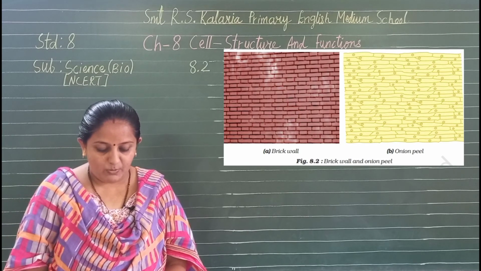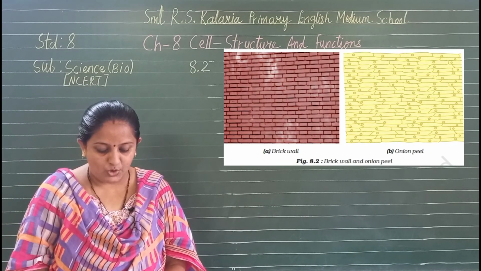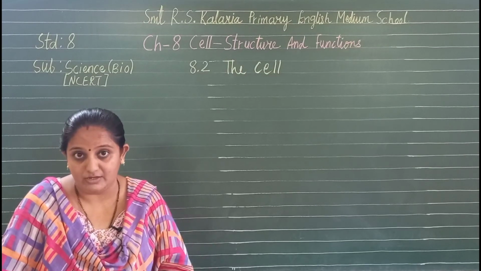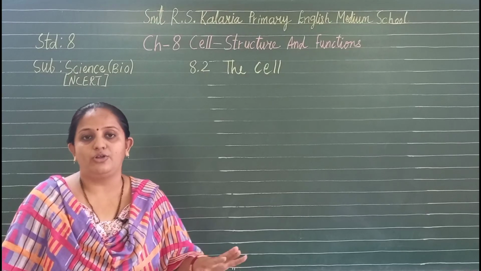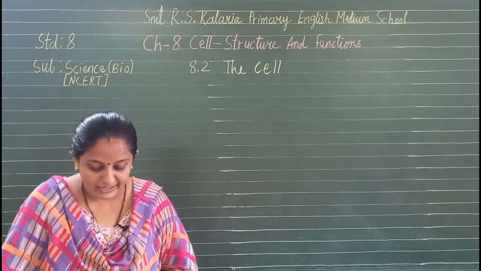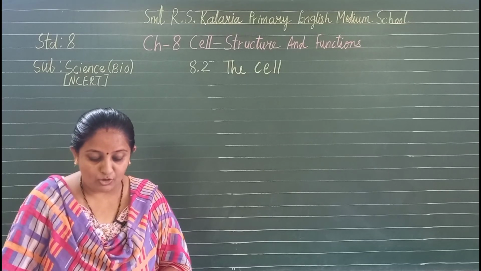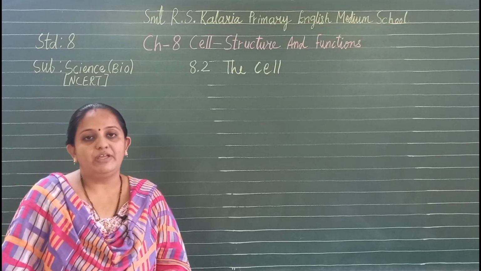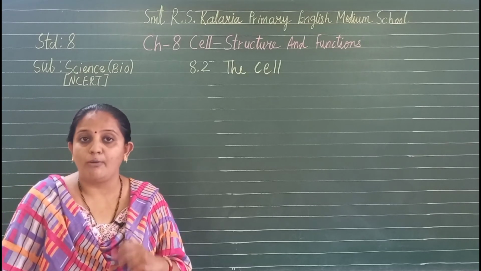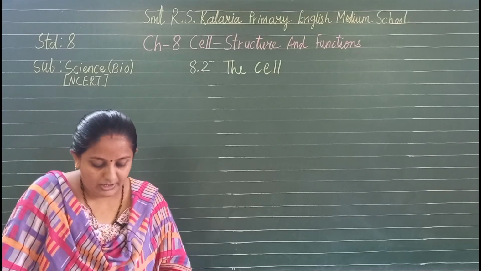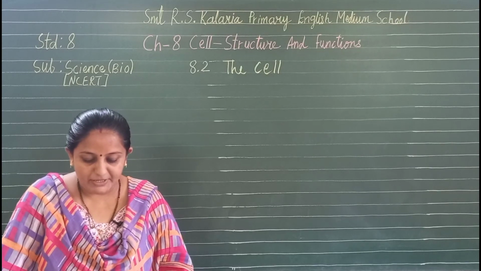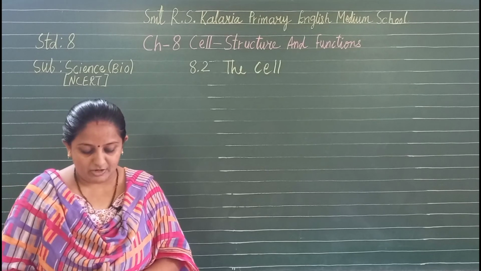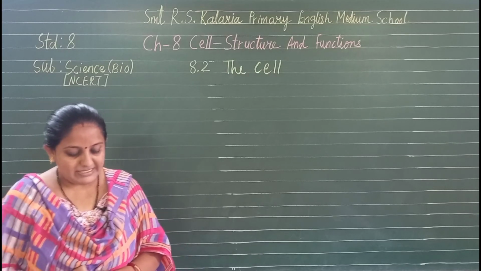Similarly, in the living world, organisms differ from one another, but all are made up of cells. We know that organisms vary from one another, but all the organisms, we can say, are made up of cells. Now cells in living organisms are complex living structural units, unlike non-living bricks. So we can say cells are very complex living structures unlike non-living bricks. You can see in the picture also, the egg of a hen represents a single unit. Here Paheli is asking a question: a hen's egg can be seen easily, isn't it?